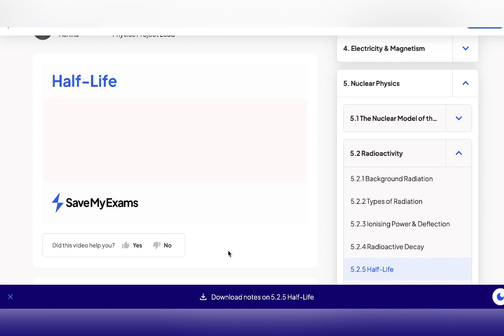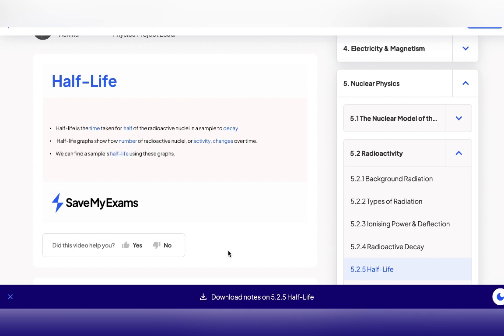To summarize this video, our definition of half-life is the time taken for half the active nuclei in a sample to decay. Half-life graphs show how the number of active nuclei changes, and we can use them to determine the